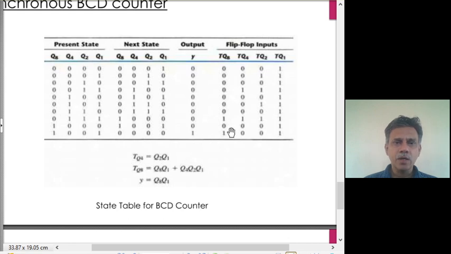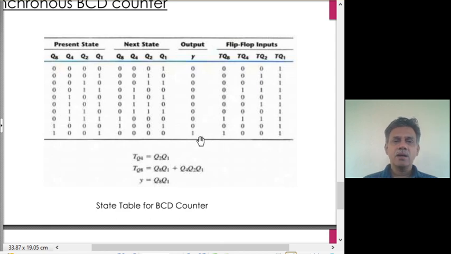Similarly, if you look at Q8, which is 1 in both these places, what is the Boolean expression corresponding to this row? This row is Q4, Q2, Q1. And for this one, that is the last row, it is Q4, Q1. So, we can write out Q8 as Q4 Q1 plus Q4 Q2 Q1.